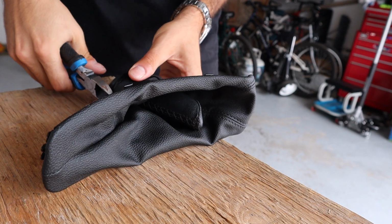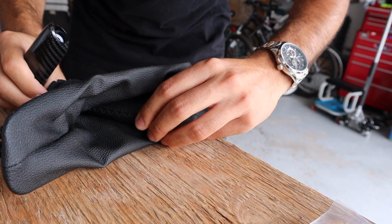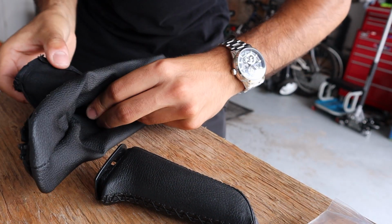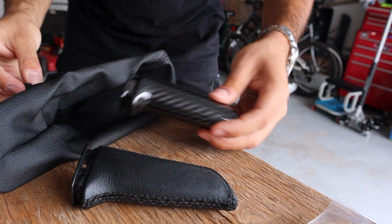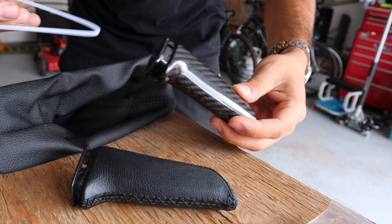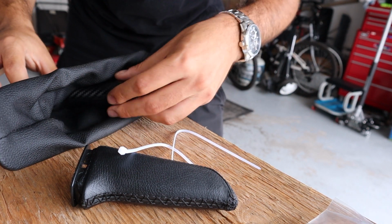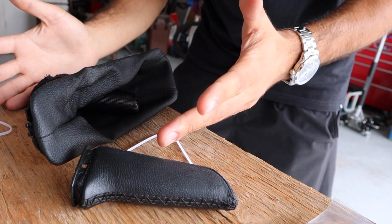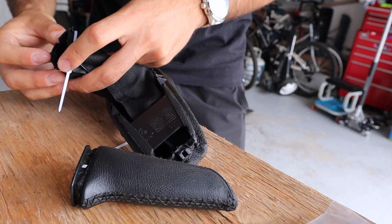Now we're going to do one of these. Cut the old one off. We're going to put that there and slide this one in the exact same way. Now this obviously is not the same size, but what's cool is that they provided us with zip ties so that we could just put this back on. And this is Amazon, people. Oh damn it. Okay, no, I got it. Okay, alright, okay,